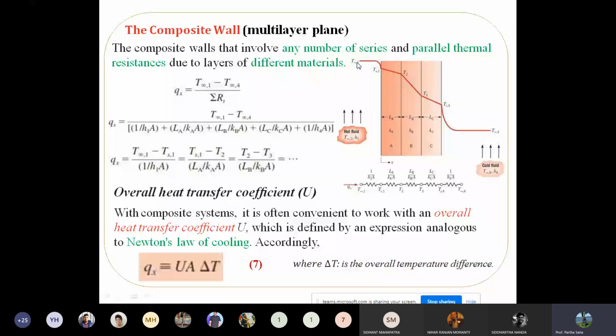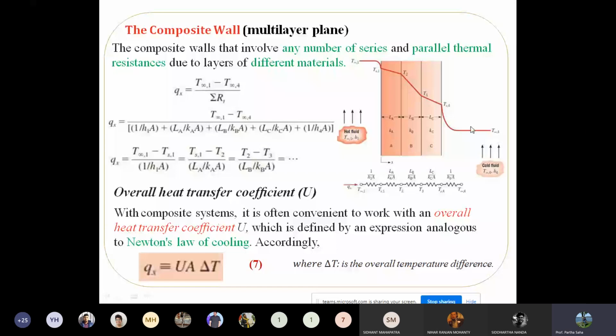And then for these solid walls, the first layer is a convection, then over these three layers there is heat conduction, right? And then finally again from this surface to here, it is convection or convective heat transfer. So overall, there are three layers of heat transfer through conduction and two layers on the atmosphere side of heat transfer through convection. So if I substitute the values, the heat flux is proportional to T infinity 1 minus T infinity 4. T infinity 1 is this one and T infinity 4 is this one. So this is hot fluid, this is cold fluid.